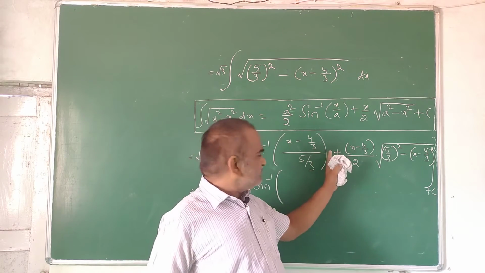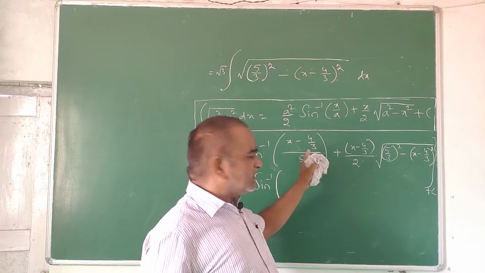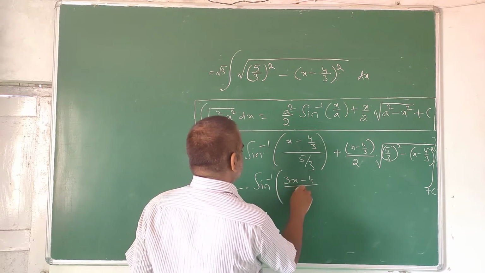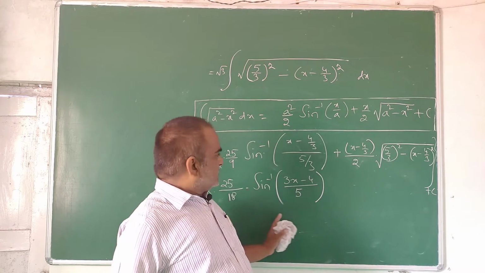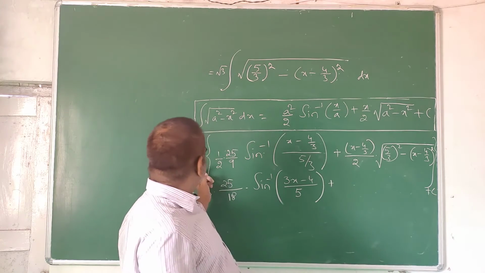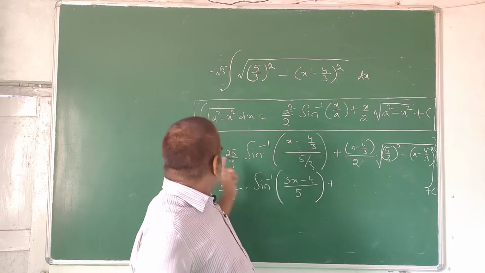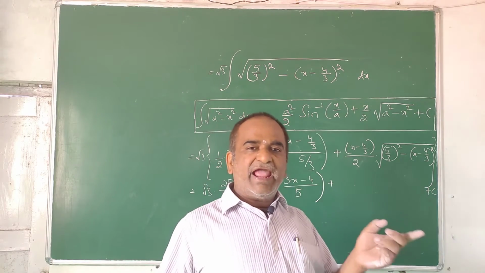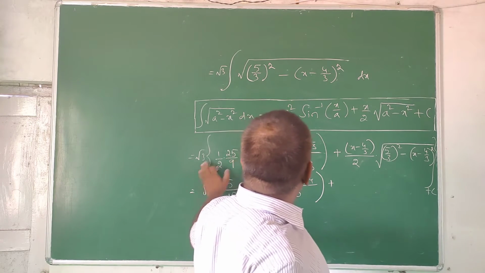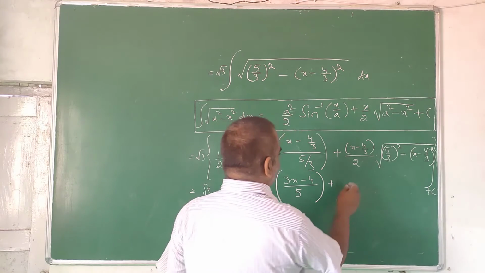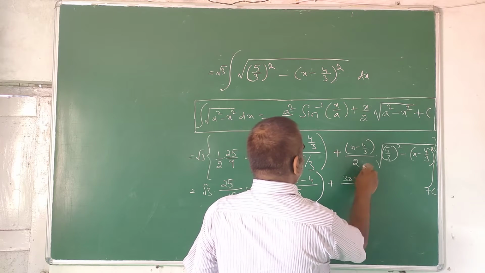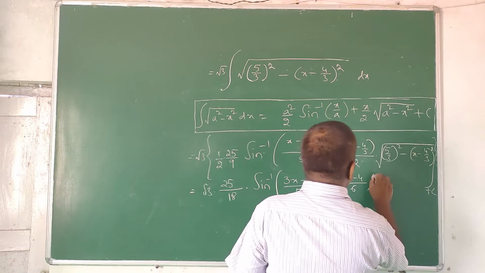Now here if you take the LCM, (3x minus 4) by 5 by 3, that 3 gets cancelled. So 3x minus 4 by 5, plus, now if you multiply this root 3 here, root a into root b, root over a into b, so that 3 goes inside here, then it will be nothing but, first you take this 3x minus 4 by 3 comes down, so 2 3s are 6 into, now